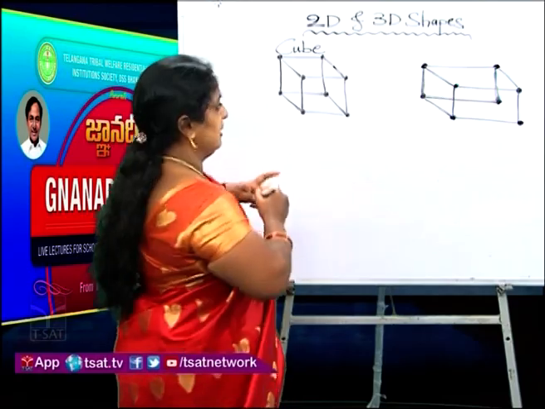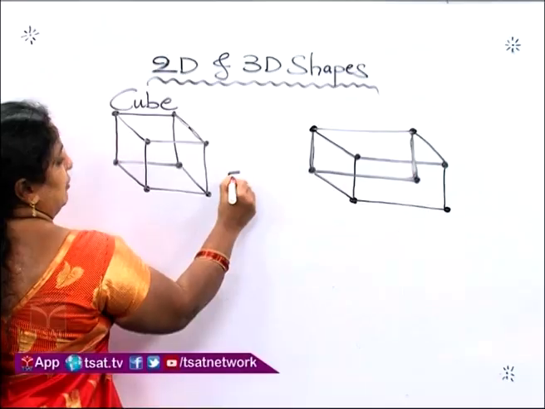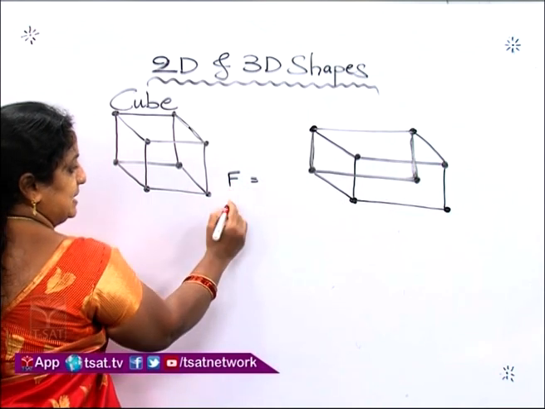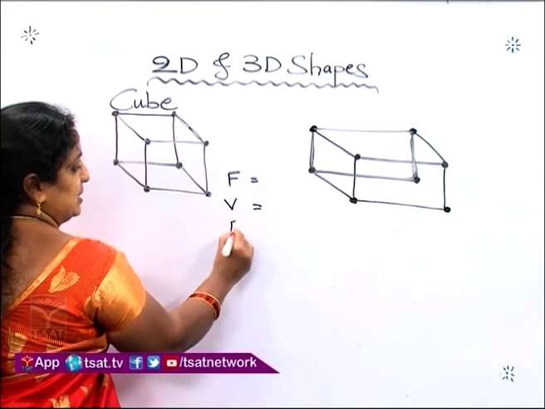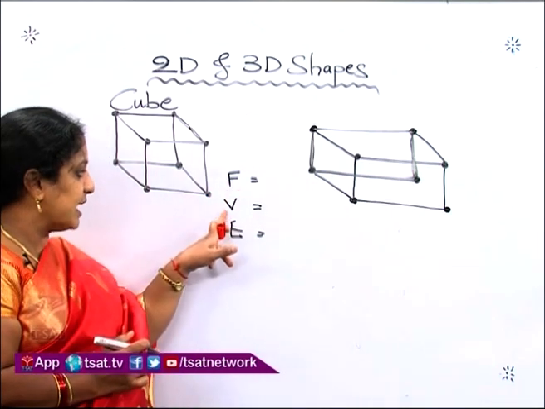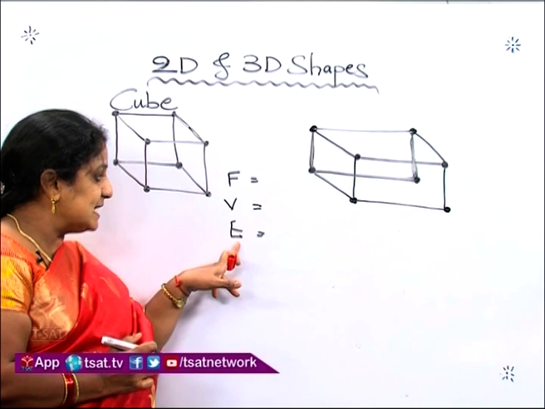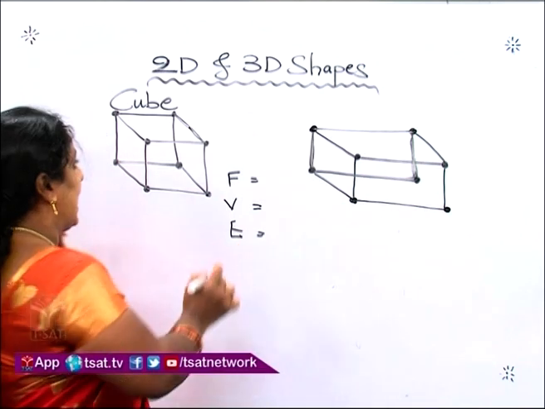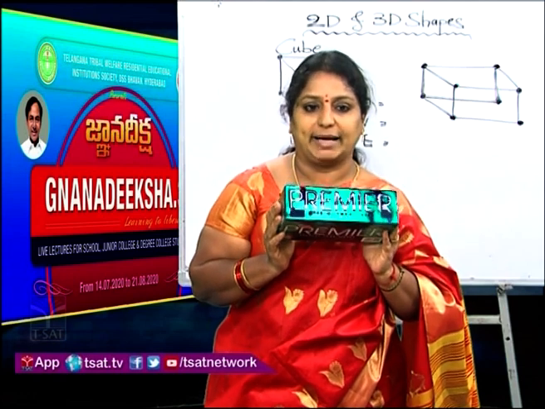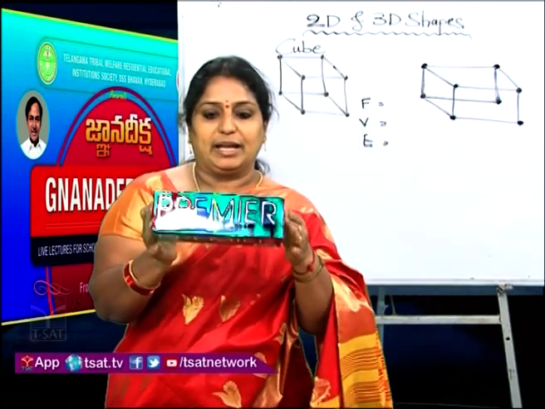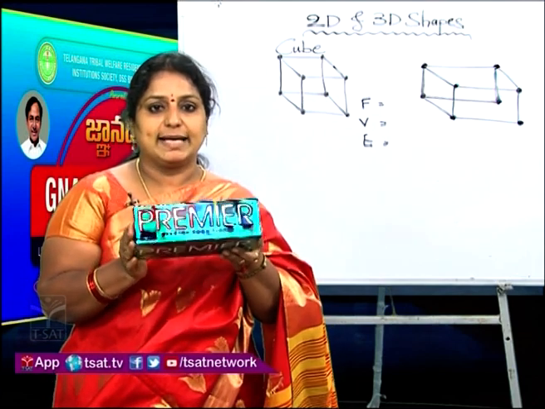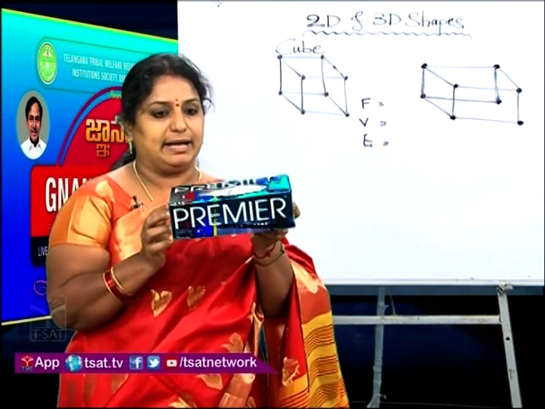If you see here, whether you take a cube or a cuboid, both contain faces, vertices, and edges equally. Here F stands for the number of faces, V stands for the number of vertices, and E stands for the number of edges. If you take the cube, this box looks exactly like a cuboid. Am I right? If you see this box, clearly we can understand that it is containing